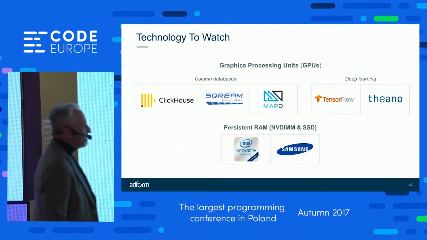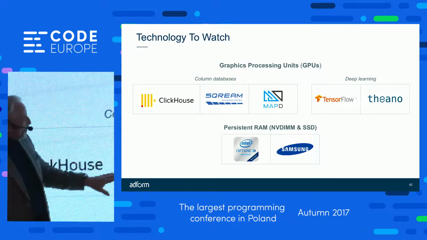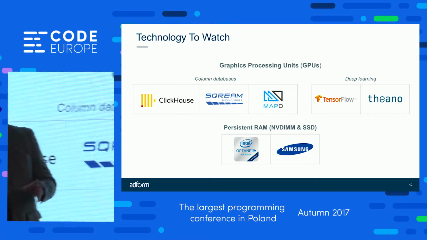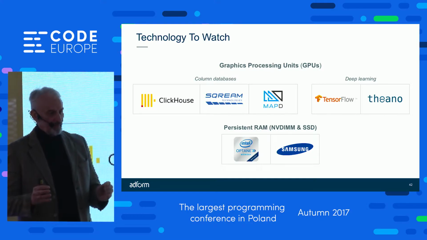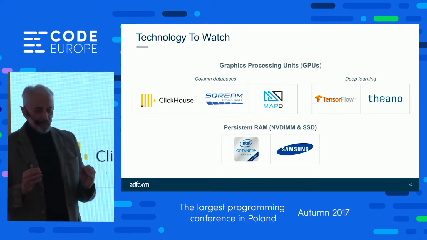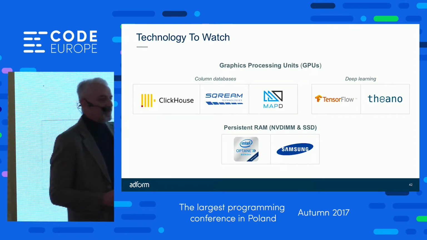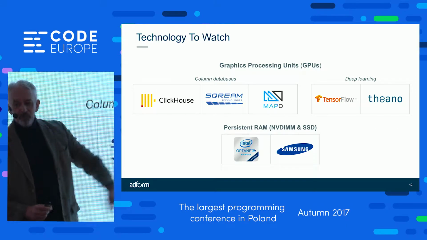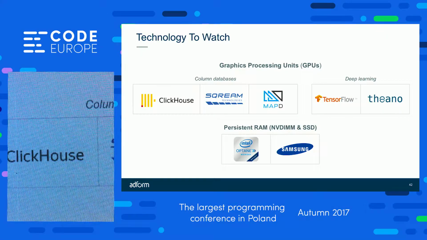Technologies to watch. So, graphics processing units. This is not a gaming system, but there are some technologies that go with them. One is Scream and MapD. They're column databases that give you phenomenal multi-filter queries with no indices on the columns. They boast to be 100 times faster. They do both suffer from concurrency issues, but if you want to do queries, Scream and MapD. In fact, I can put you in touch with the right guy in Scream.